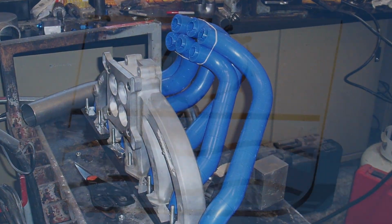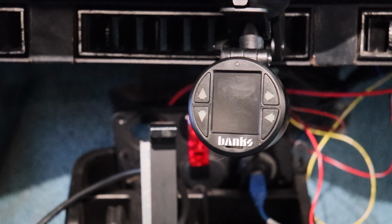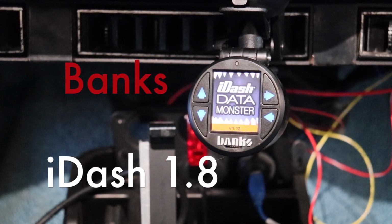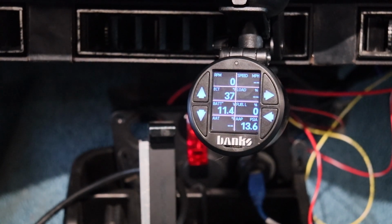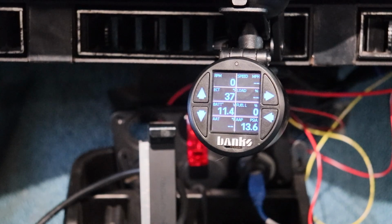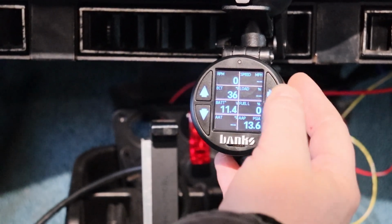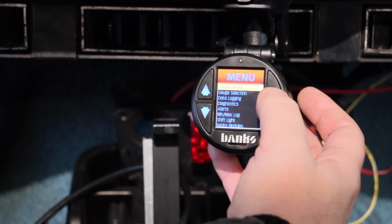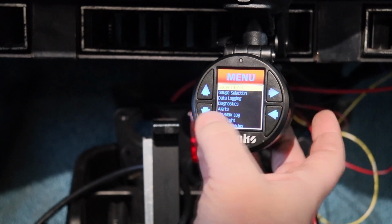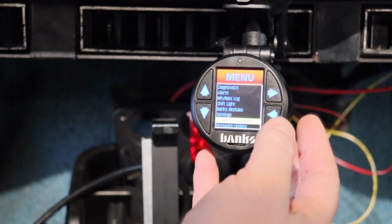So today I'd like to try something new, and this is a product review for you. I purchased the Banks Performance iDash 1.8. This is one of their newest gauges, and this is going to be running on a custom car that's running a Haltech ECU, and it's tied into the Haltech's CAN bus. So it is sold as doing that, and if you watch all the way through, you'll see how well that